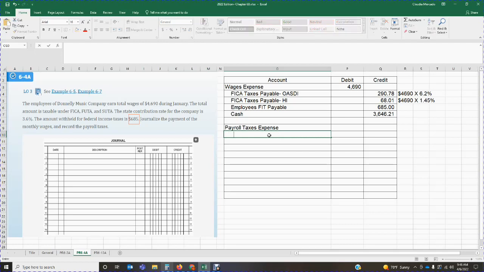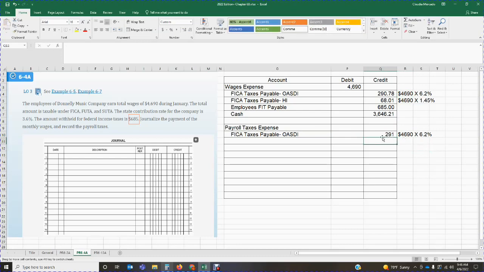Now, what is the employer? This is the taxes that the employer has to pay. Well, the employer has to pay FICA taxes, okay? This is a match. Whatever the employee contributes, the employer has to contribute as well. It's the same amount as the employee. It'll be the $46.90 times the 6.2%. That will be the $298.71. Okay, let me just make this. There we go. Okay, the employer also has to pay FICA taxes payable,